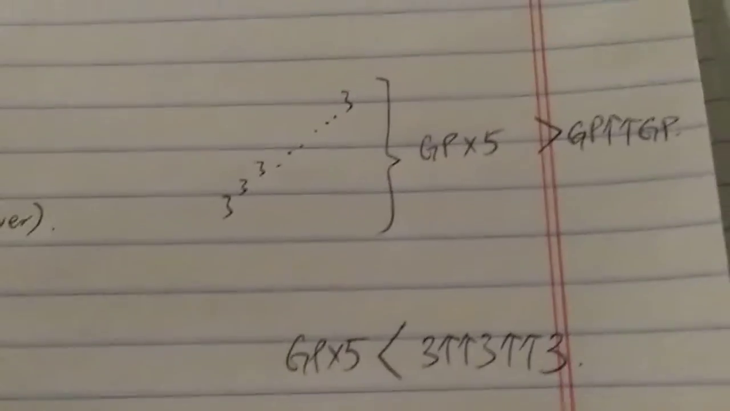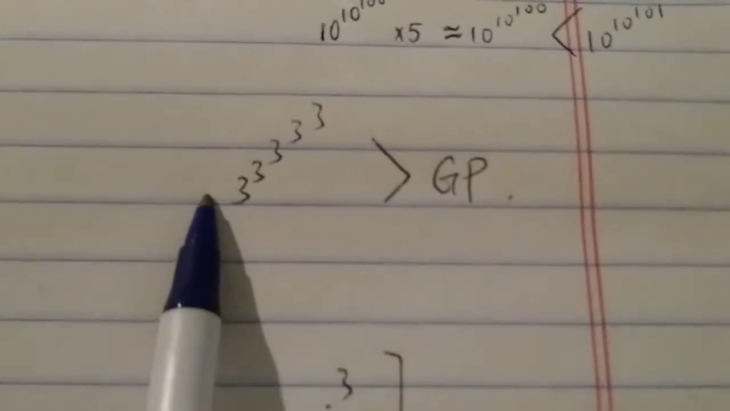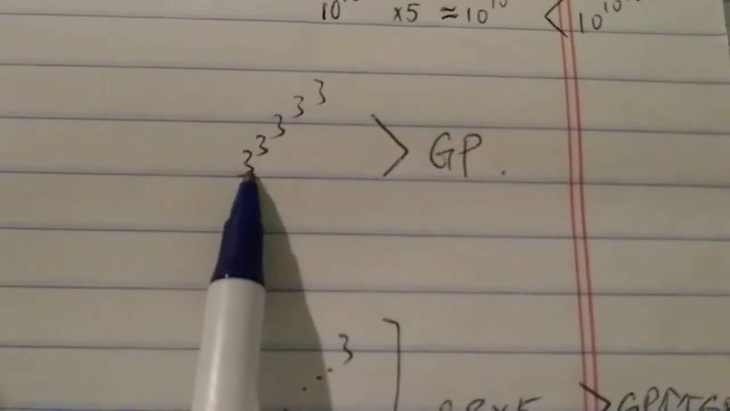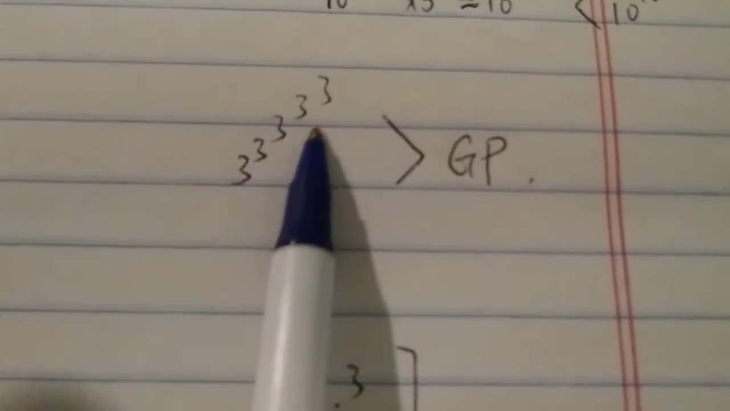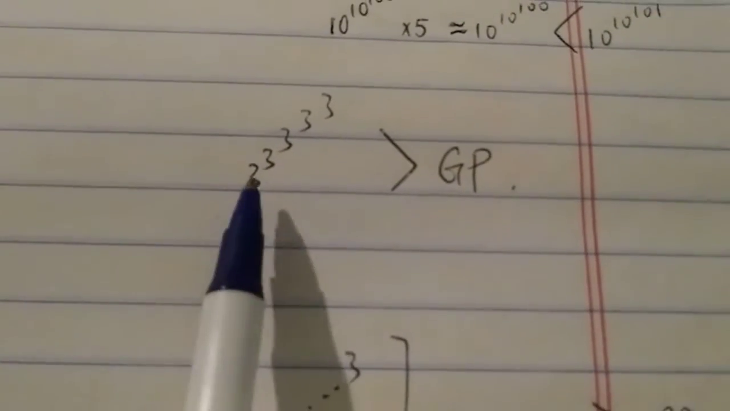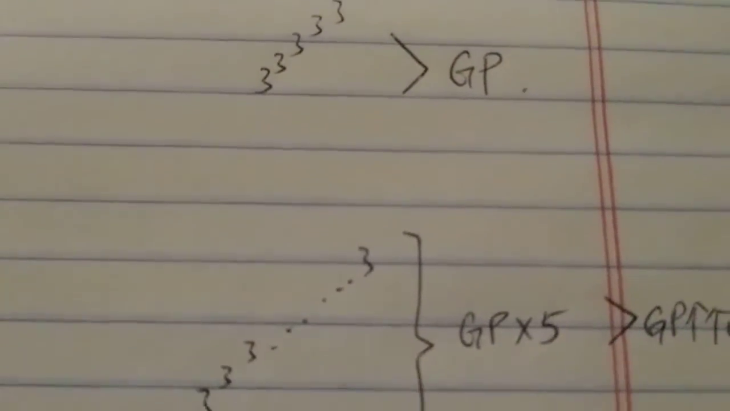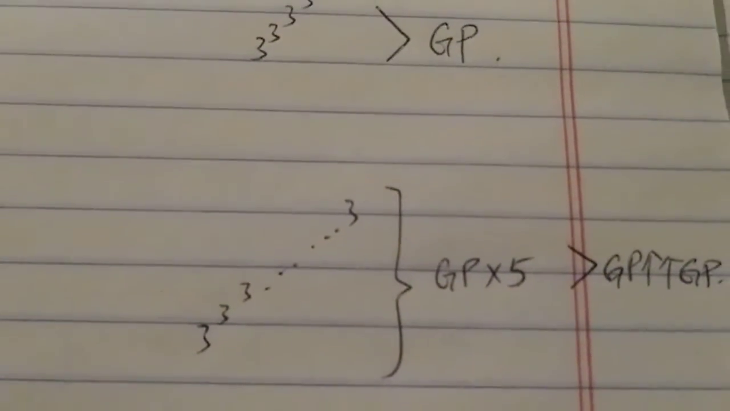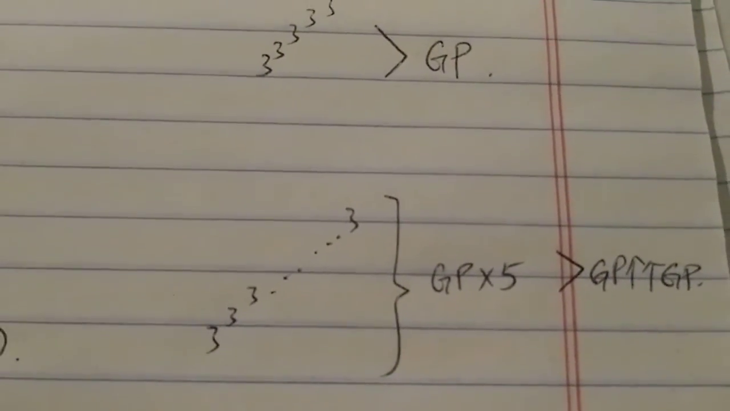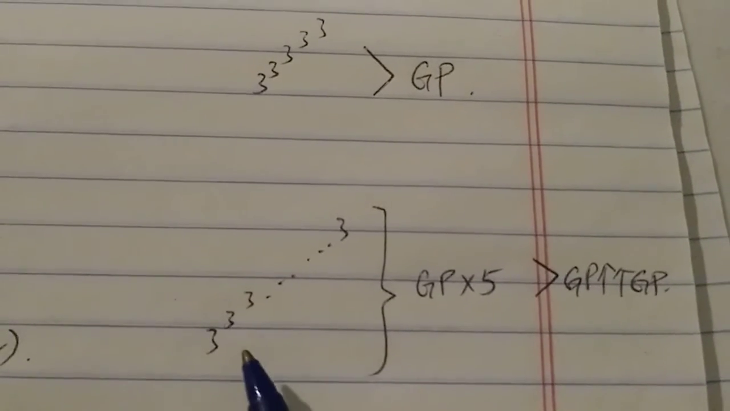So let's find out. First of all, this is pretty straightforward. This is a fact: a power tower of 3 that is 5 levels high is bigger than a Googolplex. So a Googolplex, in other words, is smaller than 3 to the 3 to the 3 to the 3 to the 3. And what it means is that I think you can already tell which one is bigger, because let's say